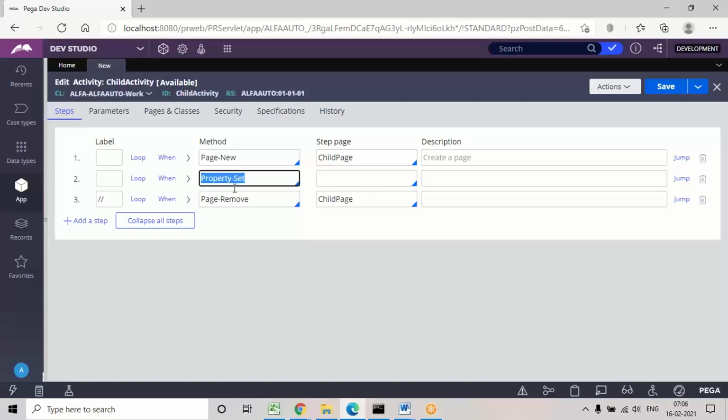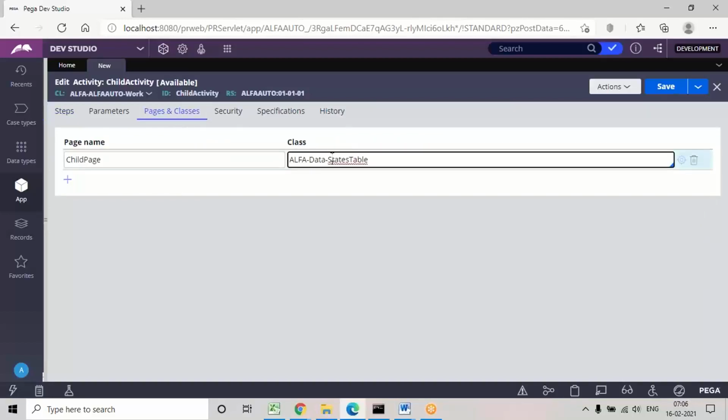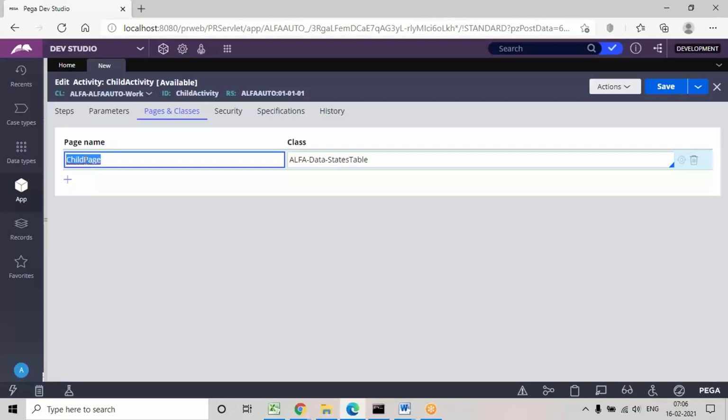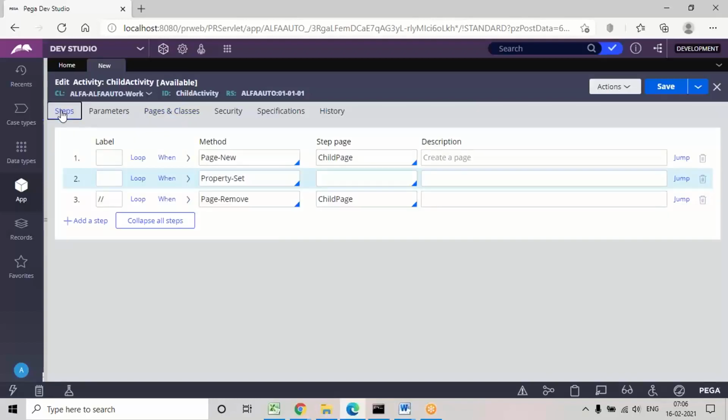And in this property set method, I'm going to map the values for state code and state name. The state code and state name properties are under the states table class. I told you one thing: if you want to choose the properties from this table, you can give a reference page called a child page. So what I'm going to do is,